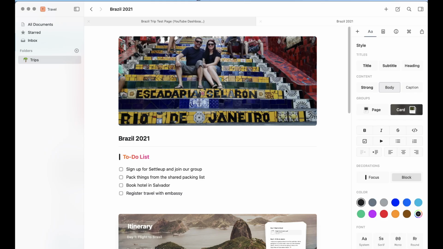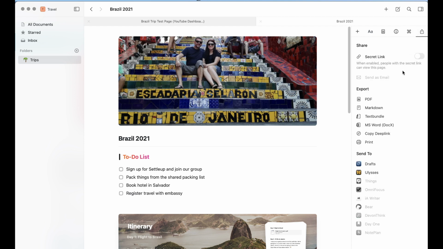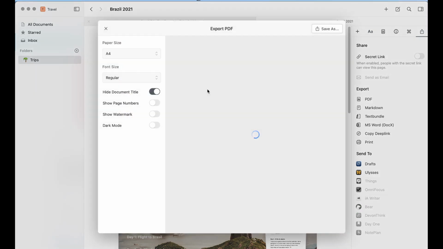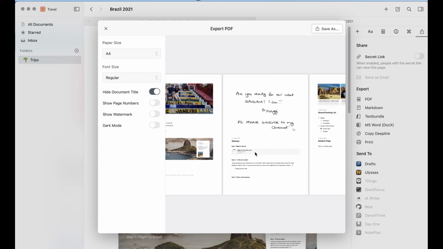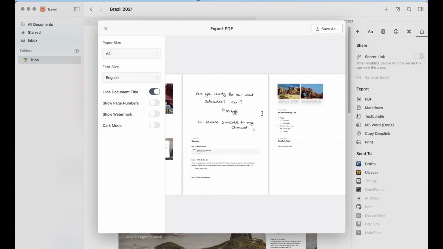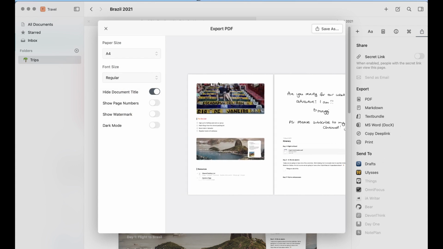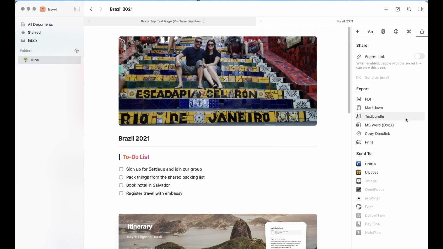So now let's say I want to share the information with the friends I travel with. I have several options to get this information to them. So we come over here to the Share and Publish menu. And as you can see here, I have several options, from PDF. So I can just create a very nice PDF. And the nice thing is that it will put the main page, and then it will put all the sub pages after the main page. So you basically print the whole document. You can also have some other options like to export it to Word and so on.